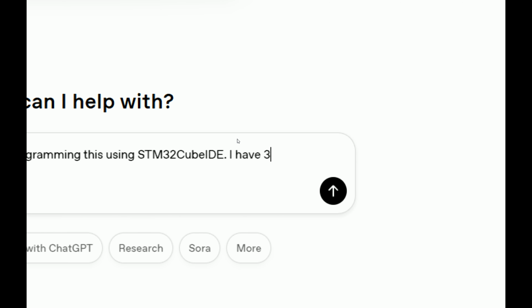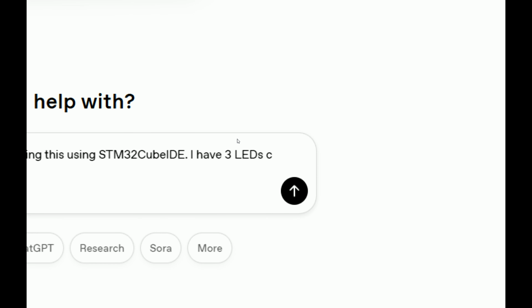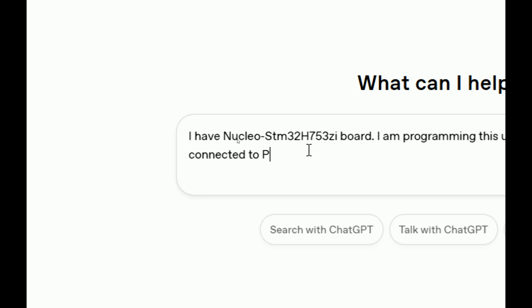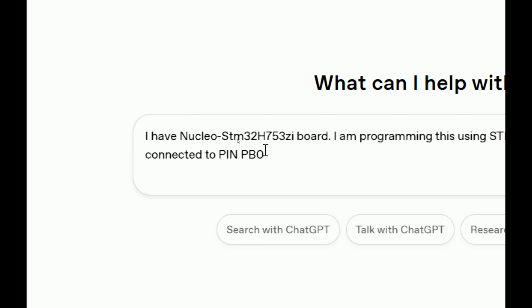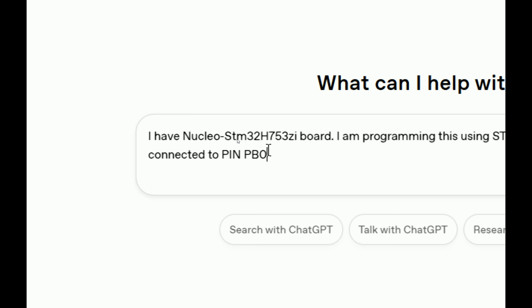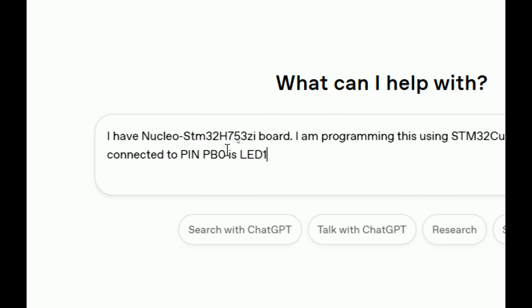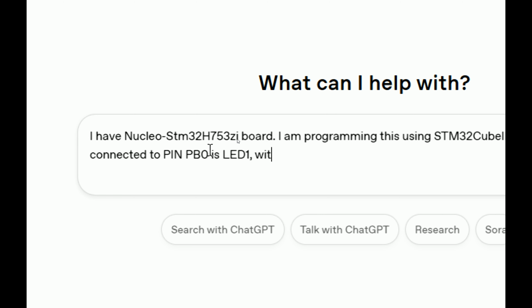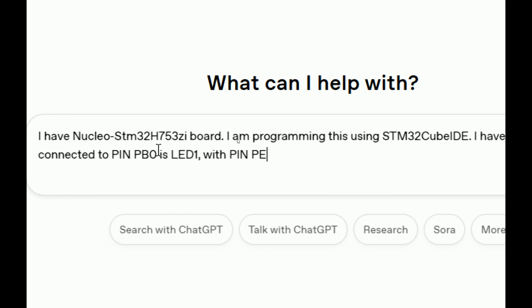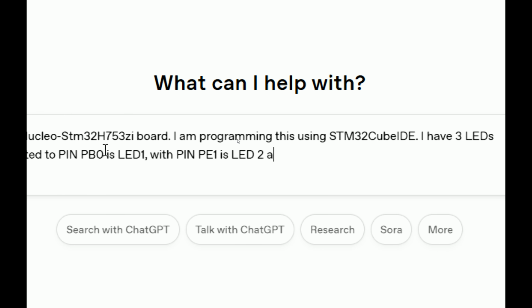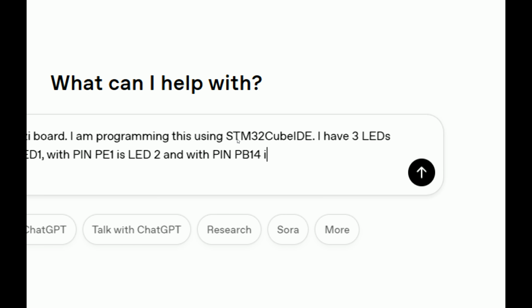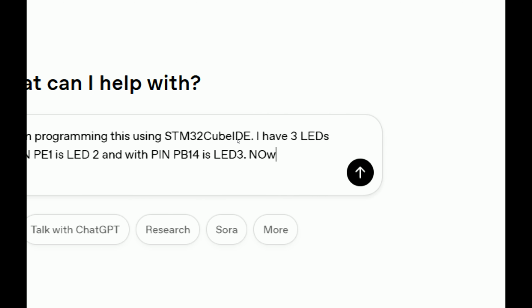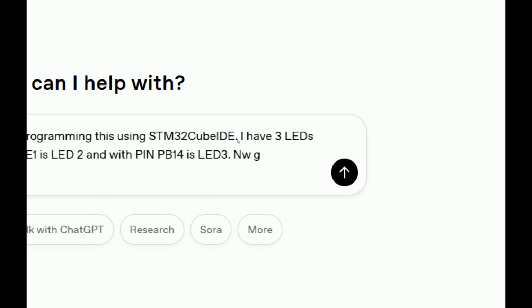I have 3 LEDs connected to pin PB0, that is PB0 is LED1, with pin PE1 is LED2 and with pin PB14 is LED3. Now generate